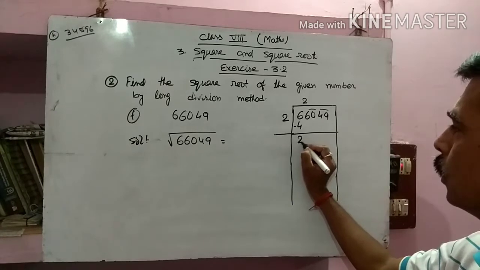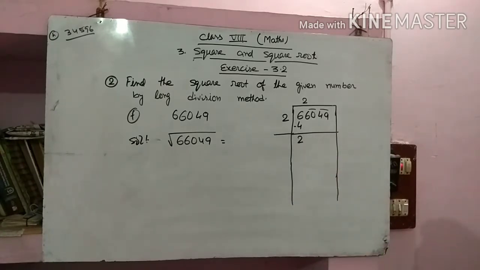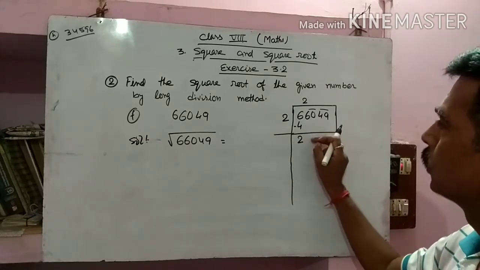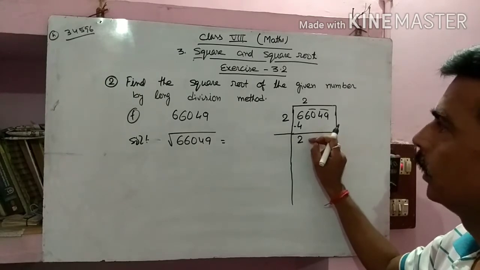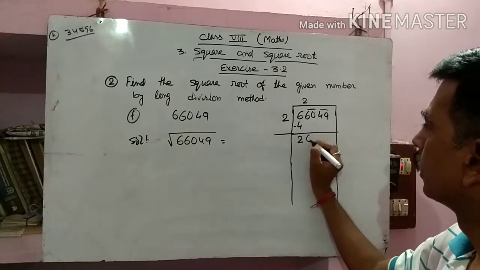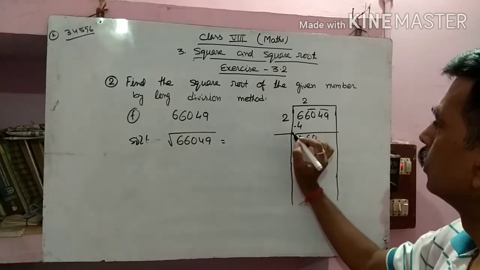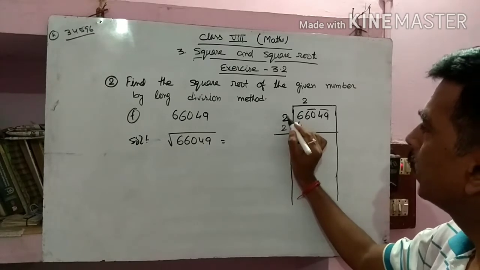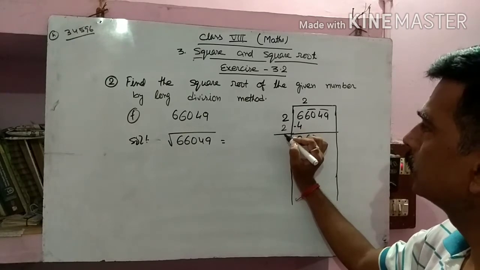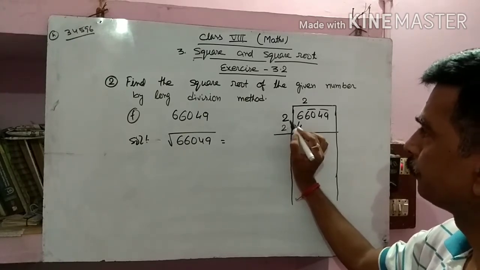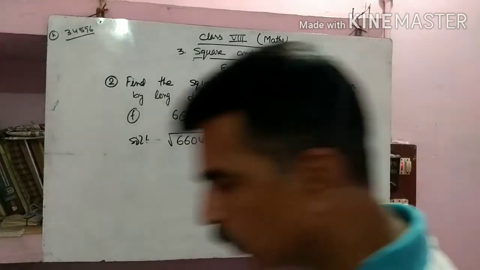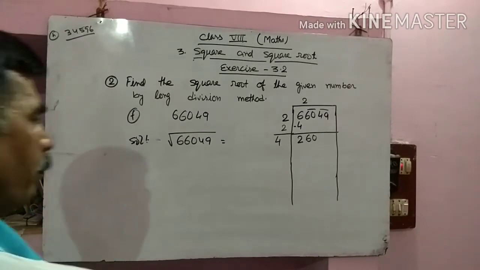4 is going to be subtracted from 6. What will we get? 2. In the normal division, one value comes down from the top, but here, as it is a block of 2, the 2 digits are going to come down here. And we discussed that we either multiply the given number by 2 or just add the same value. As the number is 2, it becomes 2 plus 2 is 4. So we have to find the number by that.